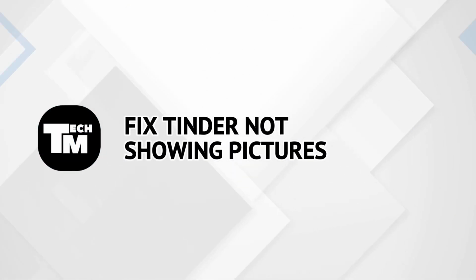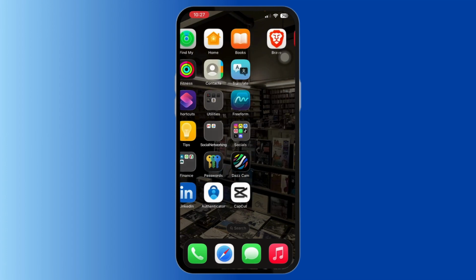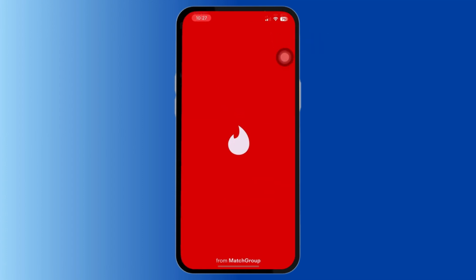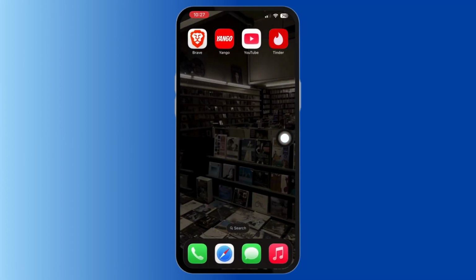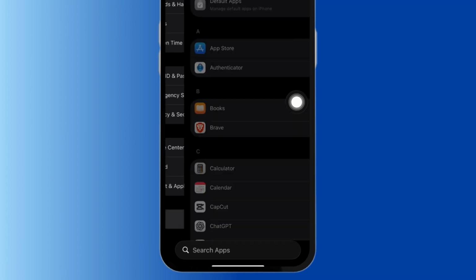How to fix Tinder not showing pictures on your iPhone. Let's get started. For that, first of all, you need to go and simply completely close the Tinder application and then reopen it again. If that does not work, you can open up the Settings application, scroll down, tap on Apps, scroll